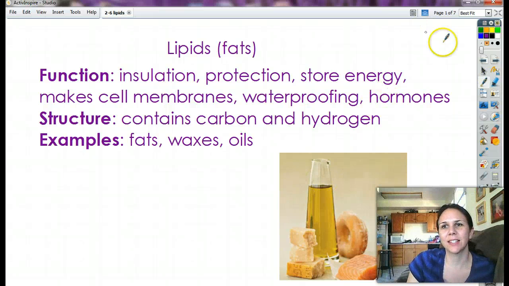Again, this time we're talking about lipids, which we normally call fats. But the fancy name, the word we're going to be using, is lipids. Okay, the function of a lipid, lots of them, not just to make you fat, but insulation helps keep you